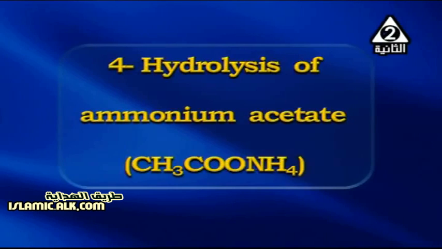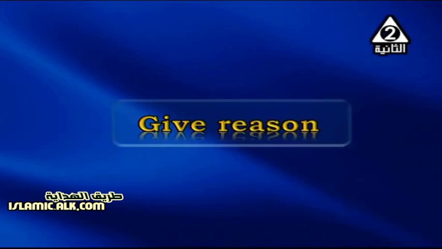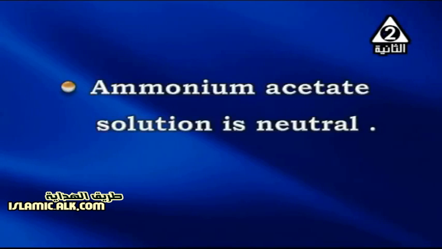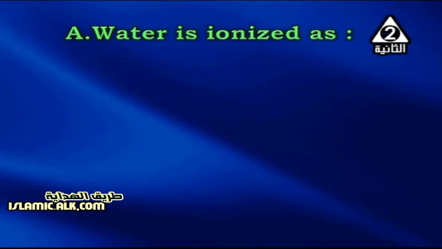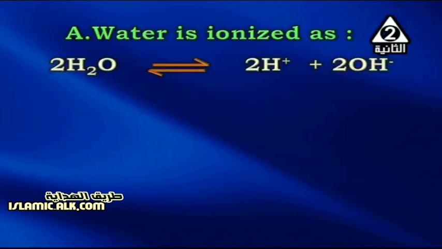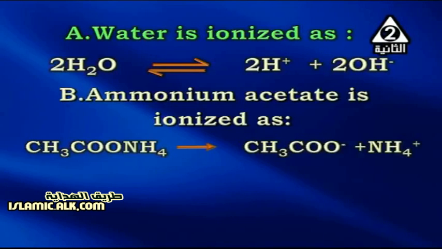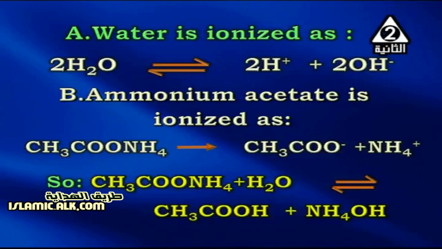Now we are going to discuss the last example here, which is the hydrolysis of ammonium acetate, CH3COONH4. So we have given reason on this point. The ammonium acetate solution is neutral. The reason for that because ammonium acetate is ionized in water, giving weak acid, which is acetic acid, and weak base, which is ammonium hydroxide. So as water is ionized into hydrogen ion and hydroxide ion in equilibrium, and ammonium acetate is ionized into acetate ion and ammonium ion, so the combination of these two equations that takes place on solution,